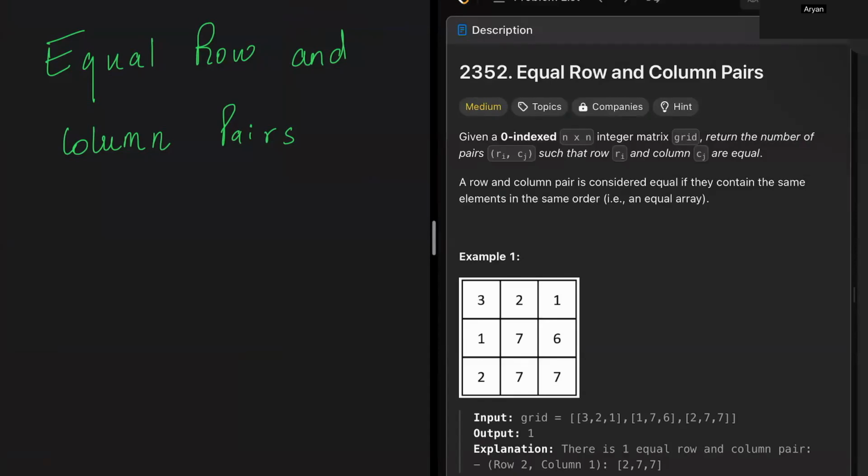Hi guys, so today we'll be solving this problem called equal row and column pairs. Let's read it. Given a zero indexed n cross n integer matrix grid, return the number of pairs Ri, Cj such that row Ri and column Cj are equal. A row and column pair is considered equal if they contain the same elements in the same order, that is